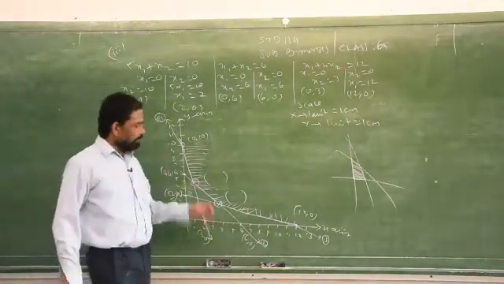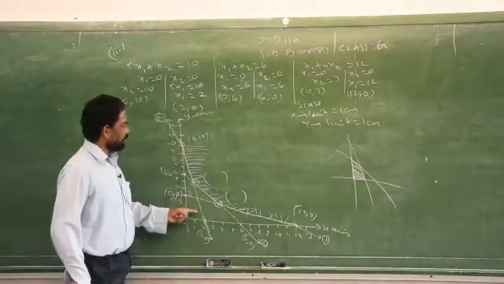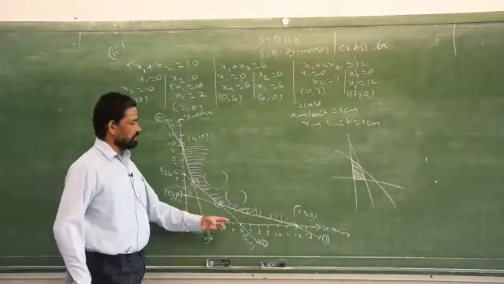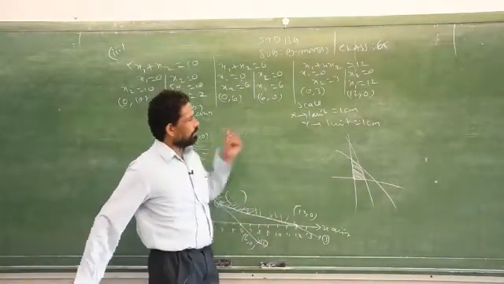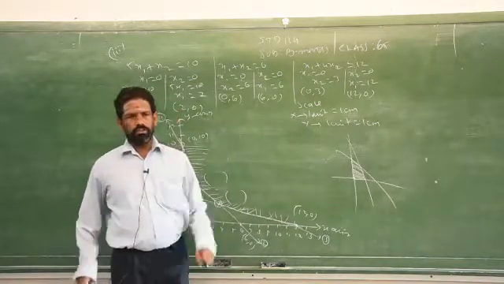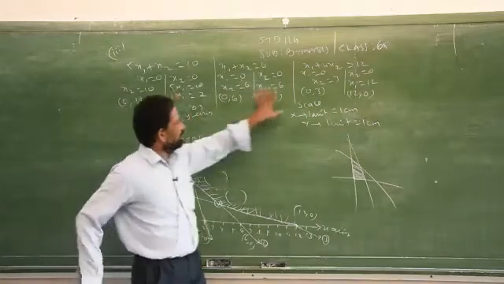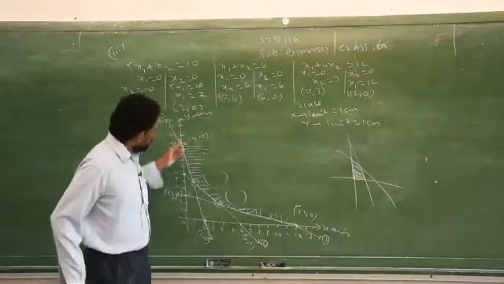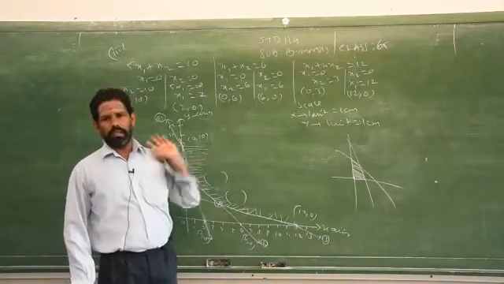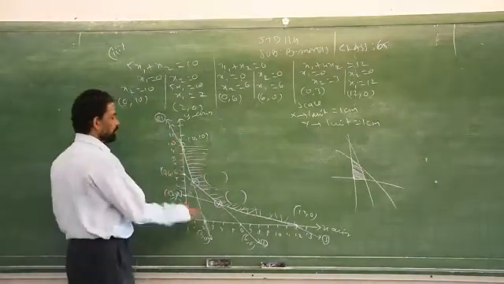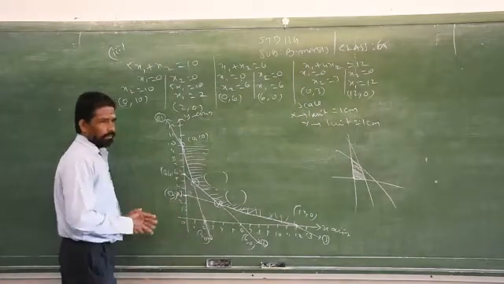Remember, the elimination method doesn't carry any marks. We will give marks only for each straight line. Each straight line carries 1 mark. The shaded region is 1 mark. Then the final answer is 1 mark. That makes 5 marks. Clear? So don't think the elimination method carries marks. They will see only the straight lines, the intersecting points, then the final answer. So if you do it on the graph, the elimination method is not necessary.